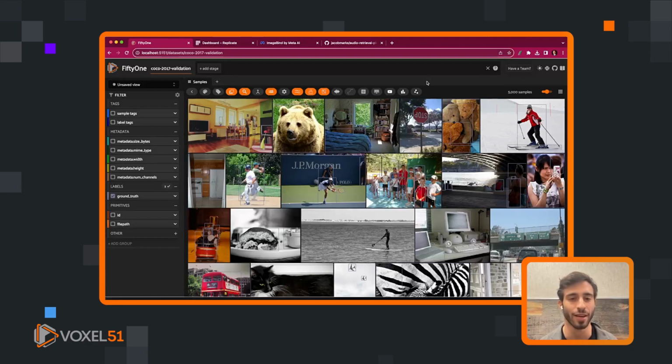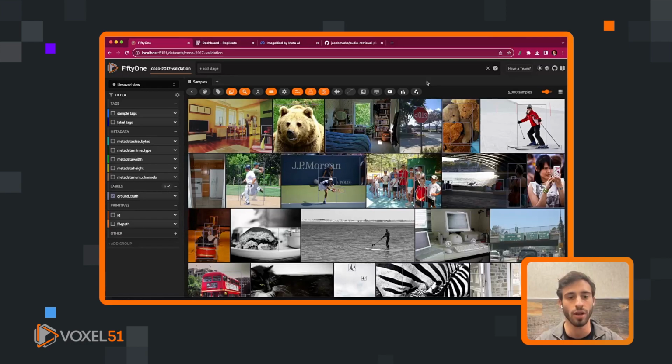workflows. For the past 10 weeks, we've been on a 10 weeks of plugins journey. Every week, we're coming at you with a new plugin or multiple that cover different workflows and different types of things you may want to do with FiftyOne that are now possible with the plugin system. And a bunch of these plugins have been related to some type of vector search or embeddings in some way. And this one, which is actually a bonus plugin, is coming at you as well in that vector search related